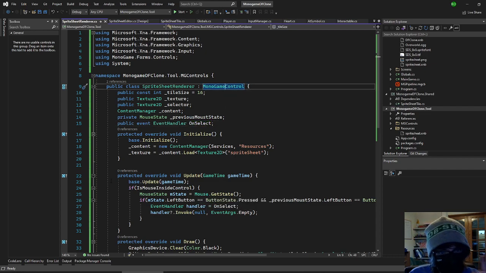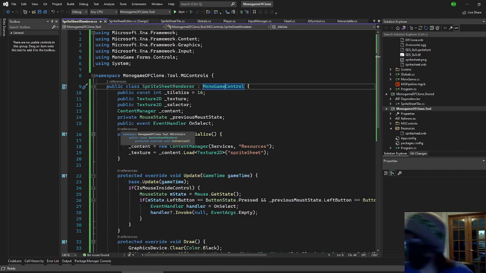So we're in the sprite sheet renderer. Let me get out my rubber duck for rubber duck debugging. This guy right here. Pretty cool. Got him for like $1. Alright, so